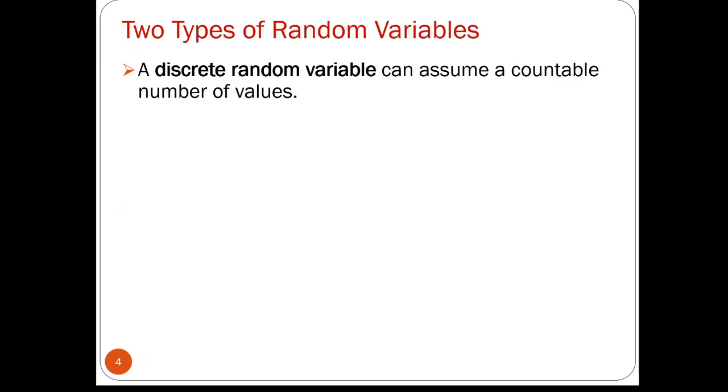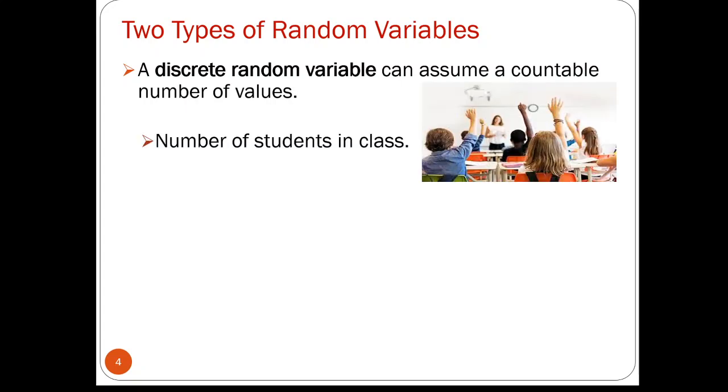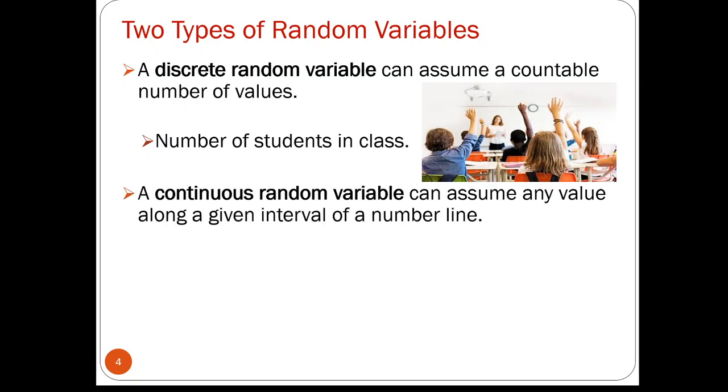There are two types of random variables. A discrete random variable can assume a countable number of values. For example, the number of students in a class. We always count the strength of the students in a class by integers only. We don't say there are 4.5 students in the class. So the quantities which can be measured in integers come under the discrete random variable,